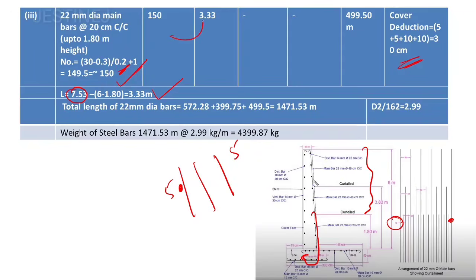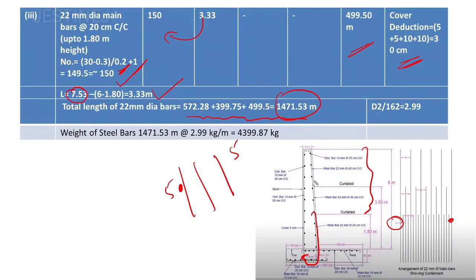Okay, so if you multiply these values, you will get 499.50 meter. Okay, and next you have to calculate the total length of the bars. Total length of the bars is from 3 cases. If you add up, you will get